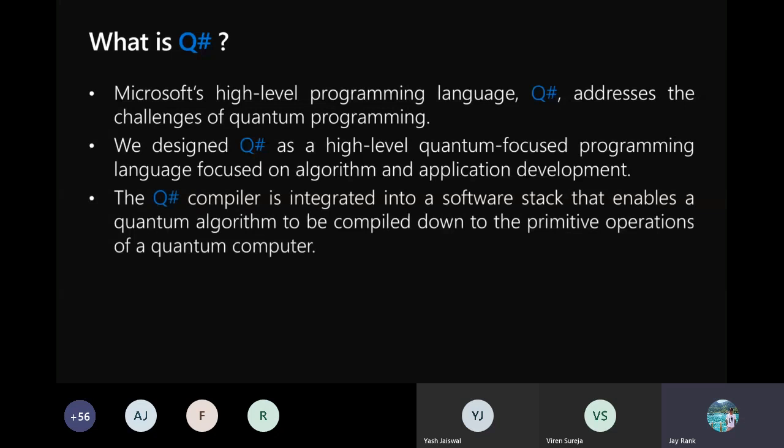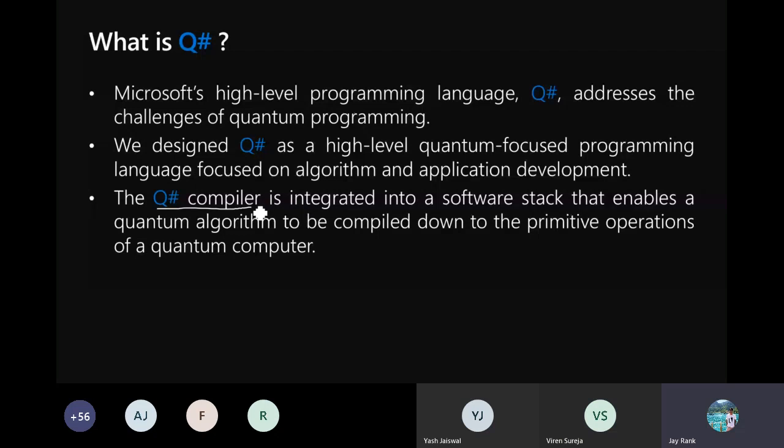It is integrated into a software stack that tends to divide the entire quantum algorithm into chunks of data, chunks of operations, and a single operation is passed along a single thread, and the other operations are likewise passed along different threads, and all of these operations work in parallel.